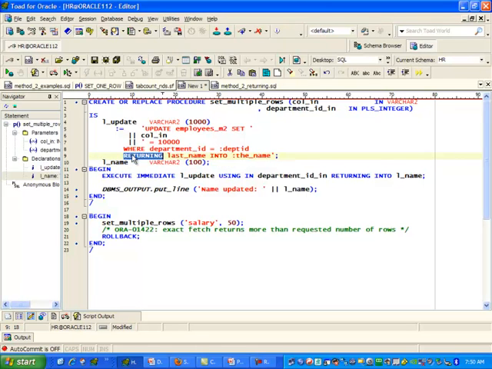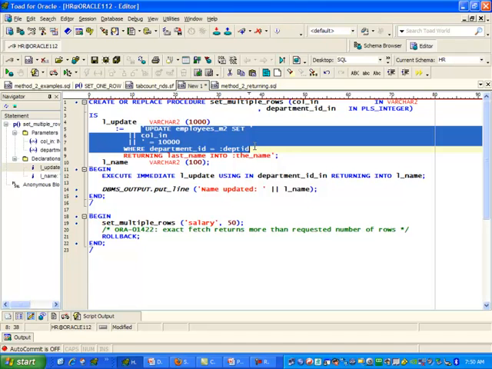But returning might return multiple rows of data. In fact, in this case, the department ID, department 50, has lots of rows in it. So it tried to fit multiple values into this single value. Doesn't work. So the bottom line is that when you're using the returning clause, and the returning and the DML statement may or will update more than one row of data, then you have to say